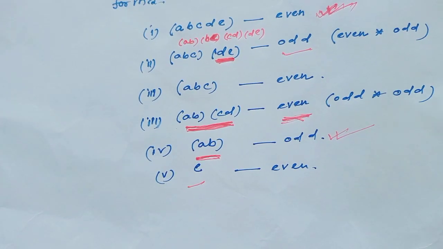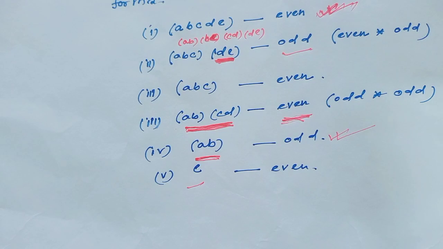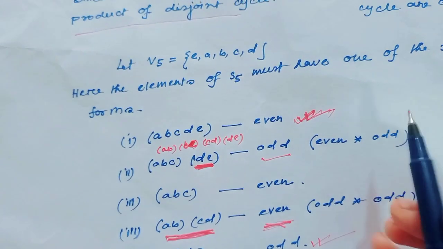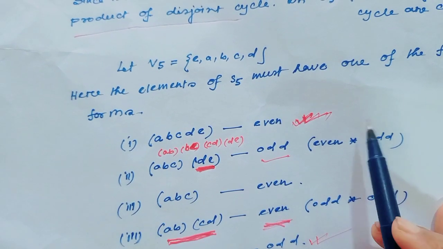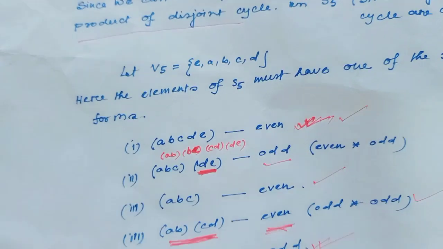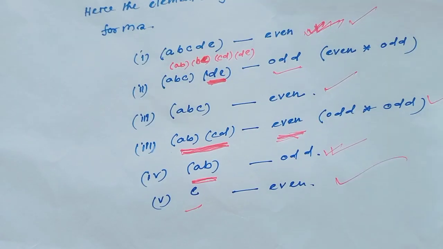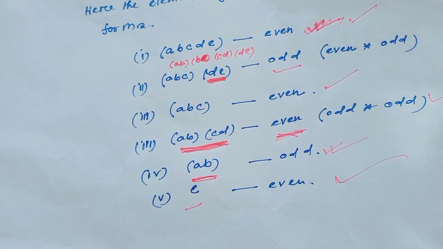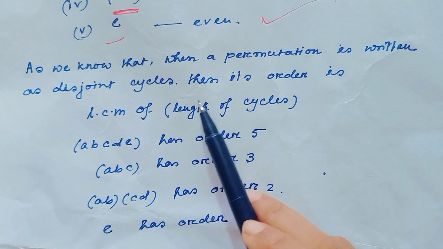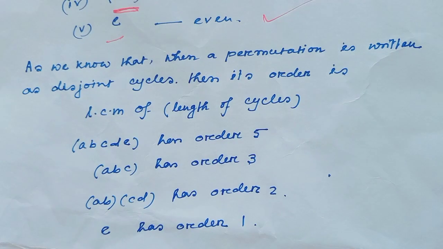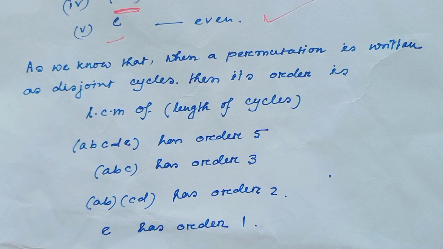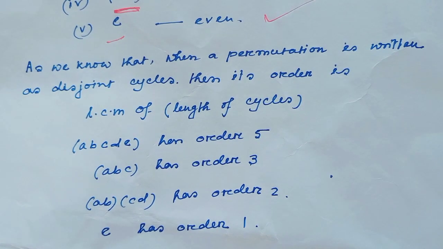So, of the cycles in S5, A5 contains only these. And we know that a permutation is always written as disjoint cycles,